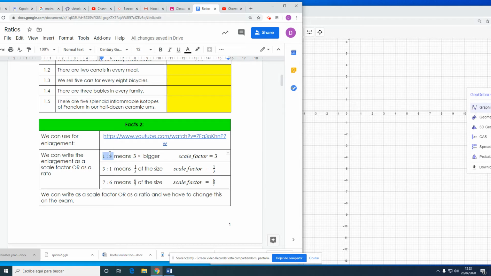So the way to work it out is it's always the second number divided by the first number. So 3 divided by 1 will give you a scale factor of 3. 1 divided by 3 gives you a scale factor of 1 over 3. Same in this one, it's 6 over 7, because it's the second number divided by the first number always. So that's how to change between scale factor and ratio,